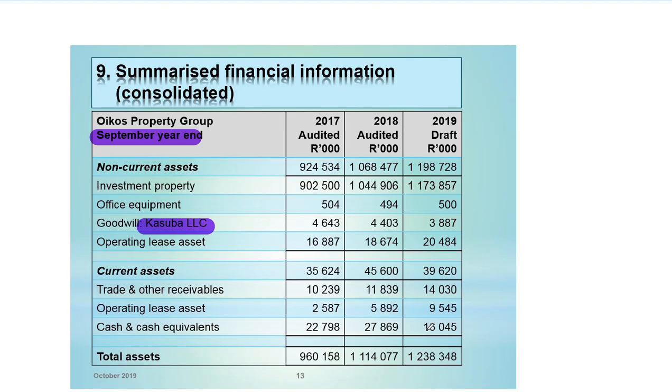And the reason this is a concern for the company is that if the bank balance of the company decreases, it means the company might not be able to take on some short-term investment. And they might not be able to pay their short-term debts as they fall due. What might also be resulting in the cash and cash equivalents going down is the increase of trade and other receivables, because it means the tenants are not paying. Then overall, the assets are going up for the company.